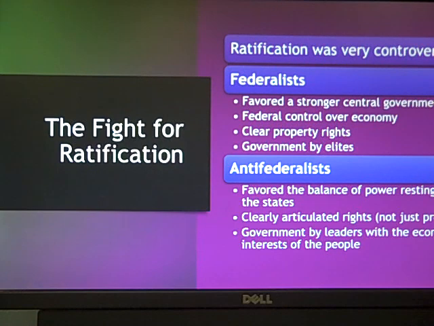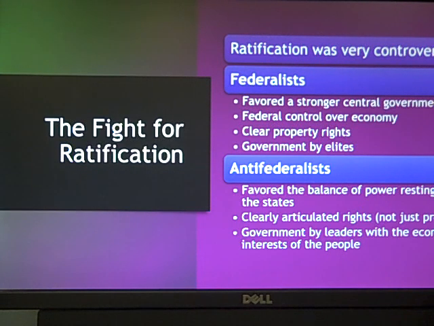The fight for ratification, this gets really controversial. We have the Federalists and the Anti-Federalists. They will ultimately become our first two political parties, right? They're going to fight it out. The Federalists obviously win. The Anti-Federalists get a Bill of Rights added. That's a compromise that they come up with. Ultimately, the Federalists are going to win out in reality because they are simply better organized, right? The Federalists write, I believe it's 87 Federalist essays arguing for the ratification of the Constitution. The Anti-Federalists write something called the Brutus Papers. They wrote like 10.